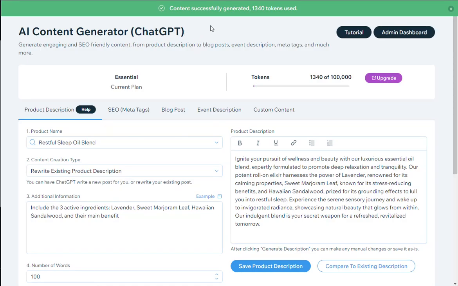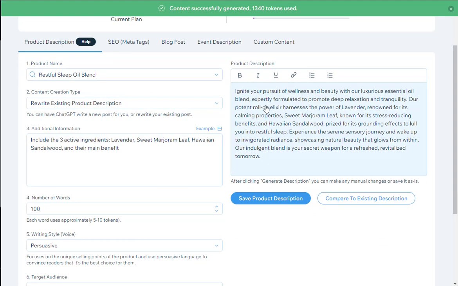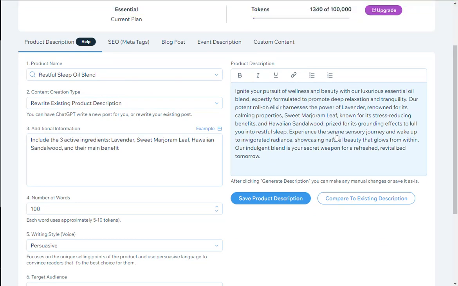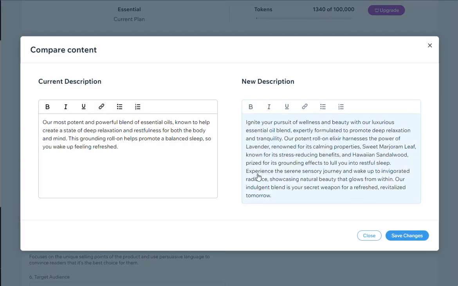Once the description has been generated, we can see it over here. And if we want to see a side-by-side option compared to the existing version, we can click on this button right here. This is the current description, and this is our new description, which does seem to have a persuasive tone to it and